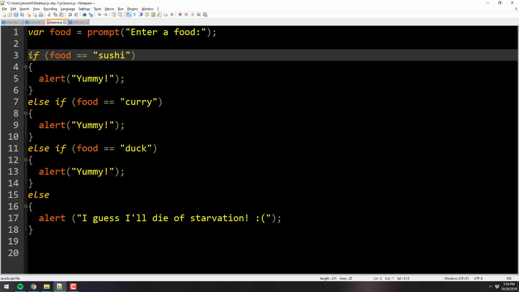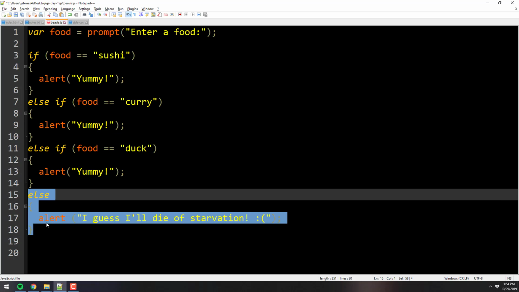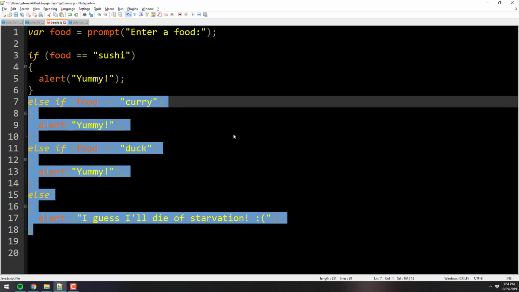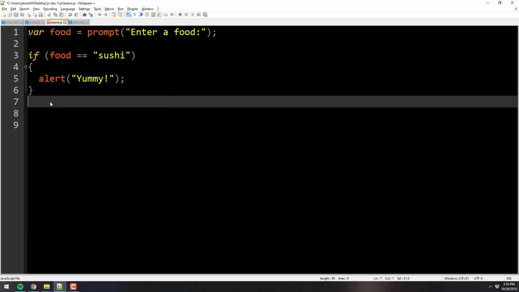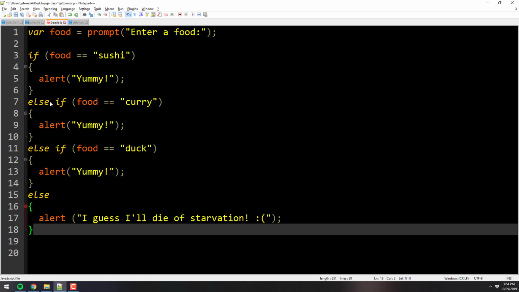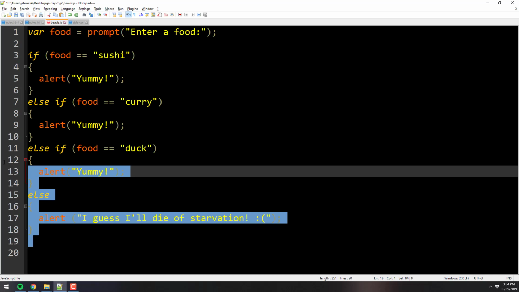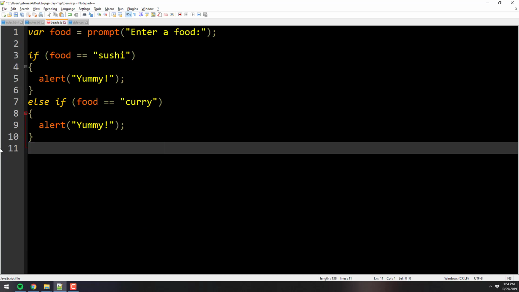Now, when it comes to if statements, the only thing that's required is an if statement. You don't actually have to have an else. You don't have to have an else if, okay? You have to have an if though if you're gonna do an if statement. Obviously, it's an if statement, right? Okay? You have to have that. You can have else ifs without an else. You can have an else